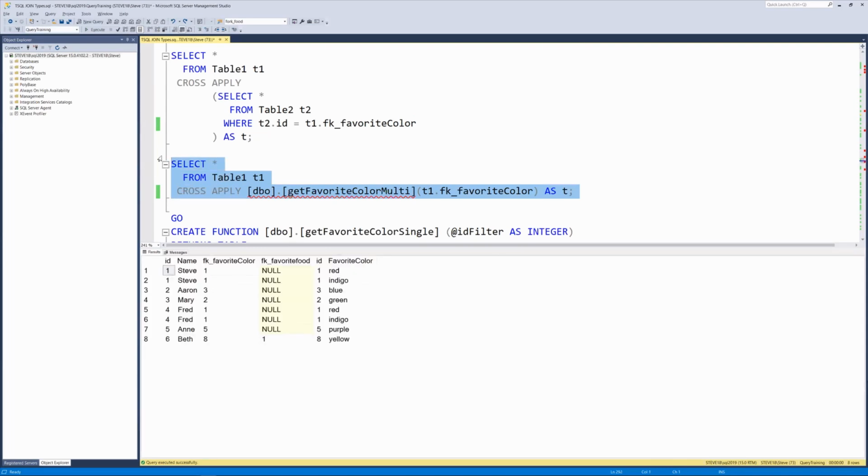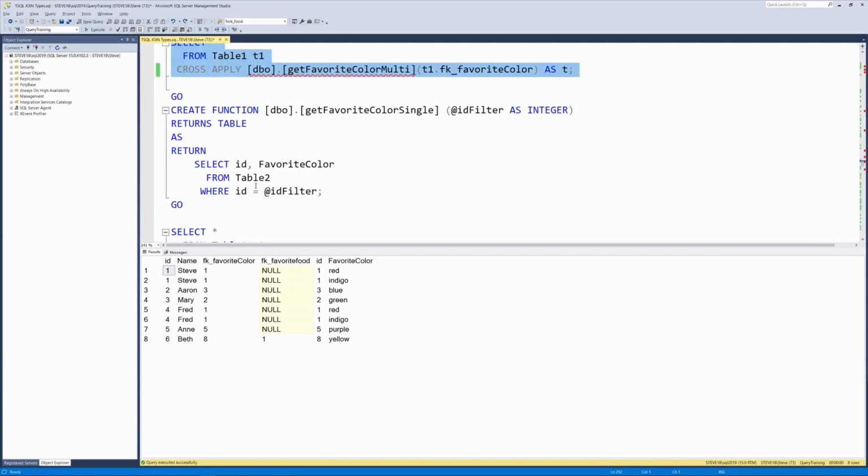Now, for something simple, like looking up the color between two different tables, there's not a lot of value in adding that. But oftentimes where this is handy is when you have access to a function that someone else has provided you, a table valued function, and you may not have access to the tables or the data directly, like some of the internal SQL functions. But you're able to call that function multiple times and put all the results into one result set.